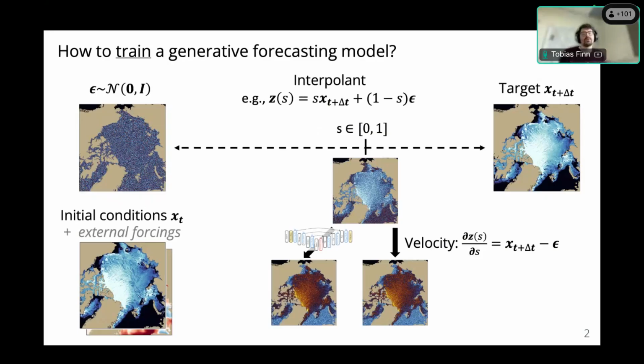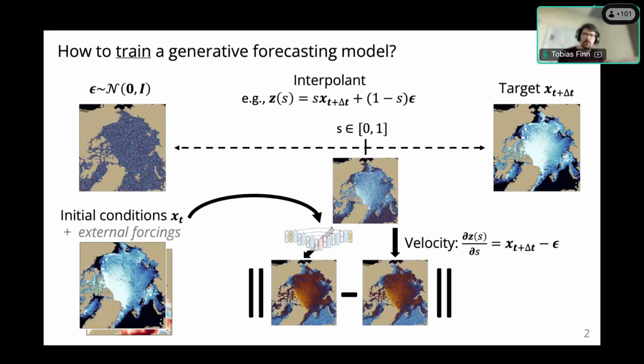But we want to train a forecasting model, which means that the neural network will not only take this noise state into account, but also the initial conditions and the external forcing. So the neural network is additionally conditioned on additional data.